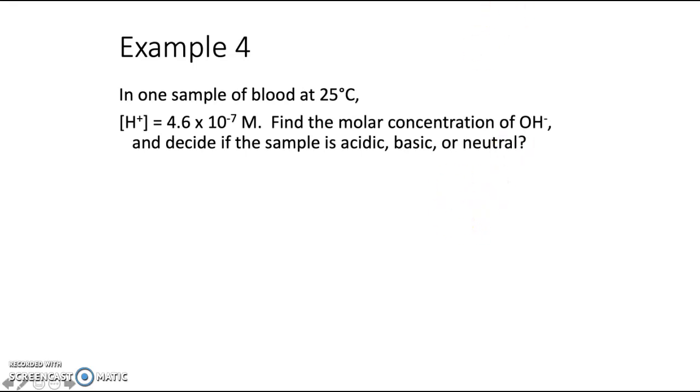Okay, this is example 4. We've got a sample of blood. It's got a concentration of hydrogen ions given. I want to find the molar concentration of OH minus, and then decide if the sample is acidic, basic, or neutral. However, my screencast program is going to time out, so I'm going to take a pause here,